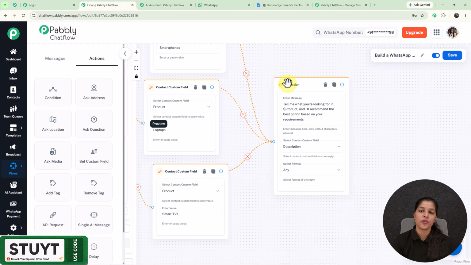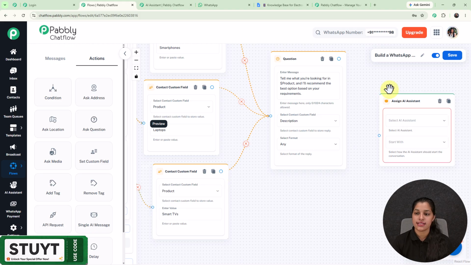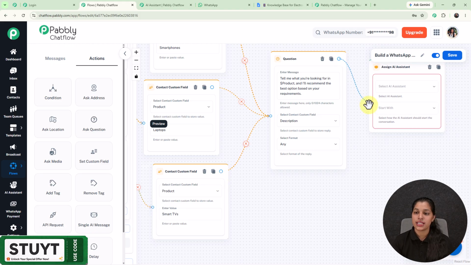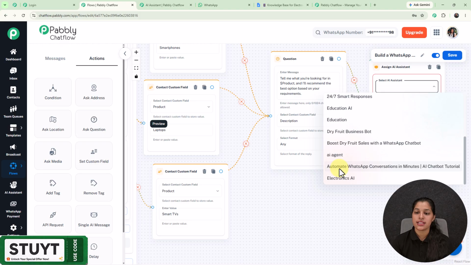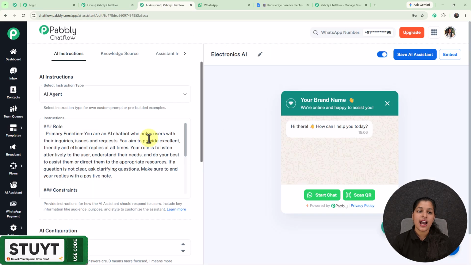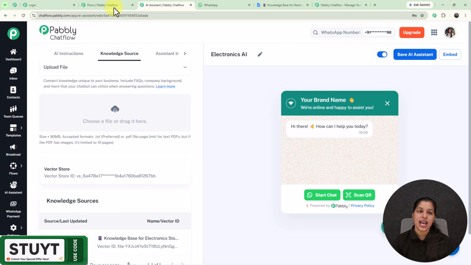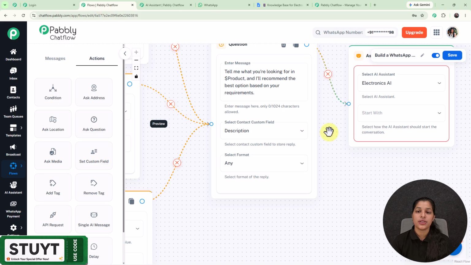Now if my user provides me the answer to this question, I'm going to assign an AI assistant which is going to resolve their queries. So for that we are going to use this assign AI assistant node, and here I'm going to select the AI assistant which I have already created. So right here I'm getting this AI assistant, that is electronics AI, which you can see I have already created, and right here I have provided it the knowledge base,